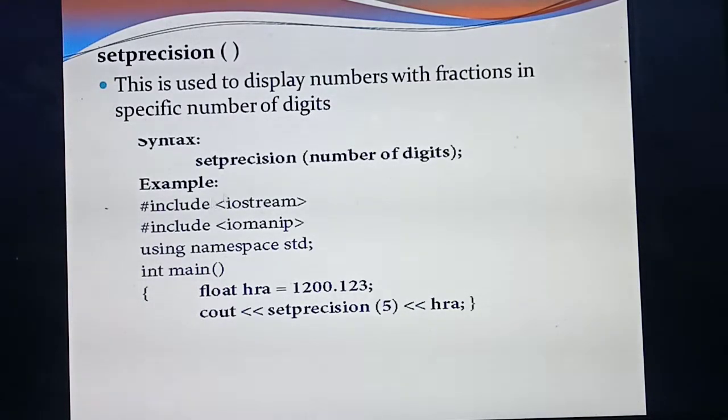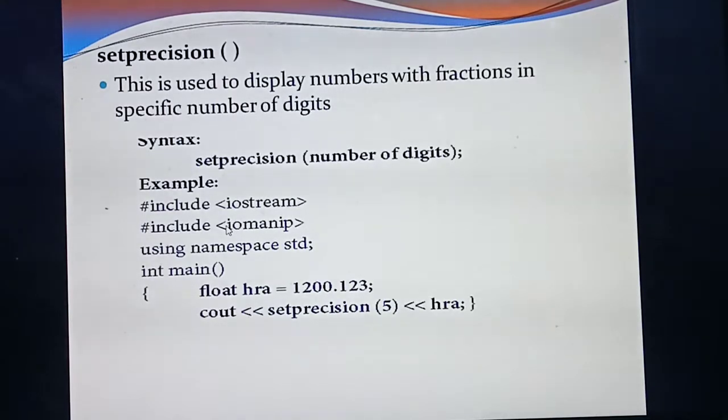Listen, one example program is given. What's the first line to write a C++ program? The header file. What's the header file? #include <iostream>. Listen, if you are going to use manipulators like setw or endl or setprecision or anything, you should use an extra header file. What's the name of that header file? Last class you studied. If you need to use this kind of manipulators, you should use one more header file. What's the name of that header file? iomanip. Understood? What's the name of the header file?